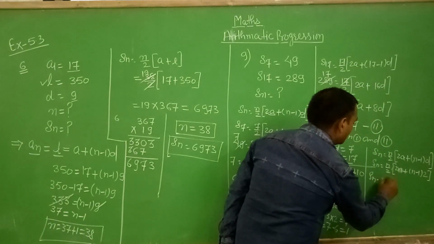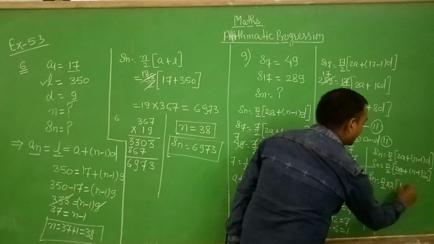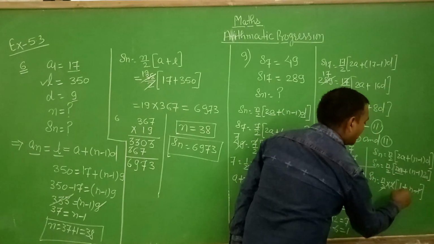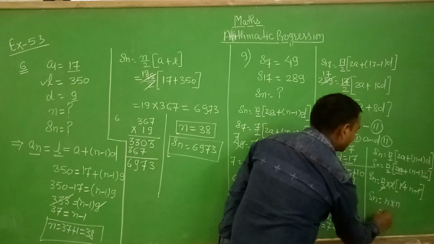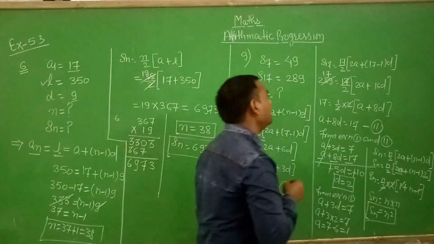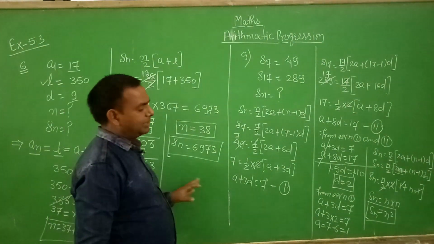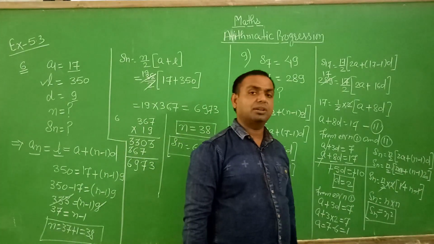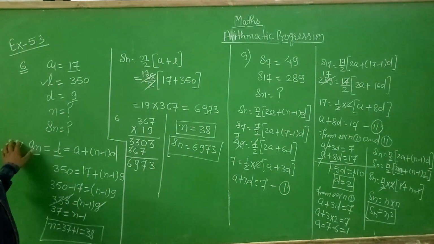So Sn is equal to n by 2 into, you take 2 as common here, so bracket 1 + (n - 1). 2 is cancelled by 2, minus 1 cancelled by plus 1. So Sn is equal to n into n, and this is equal to n square. So Sn is equal to n square. If this type of series is given and you just want to find the sum of terms, as like second term, third term, fourth term, then you apply the formula Sn is equal to n square, and you solve the sum of the given series in these questions.